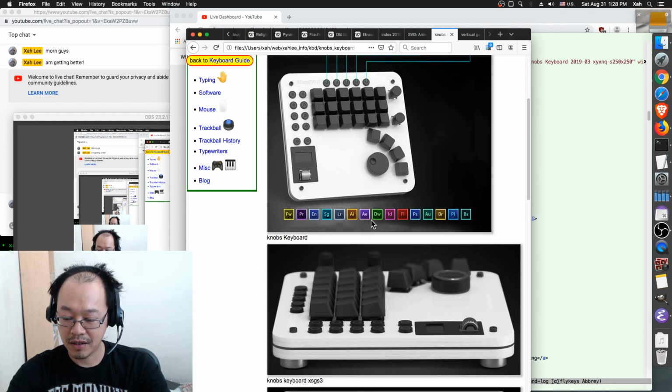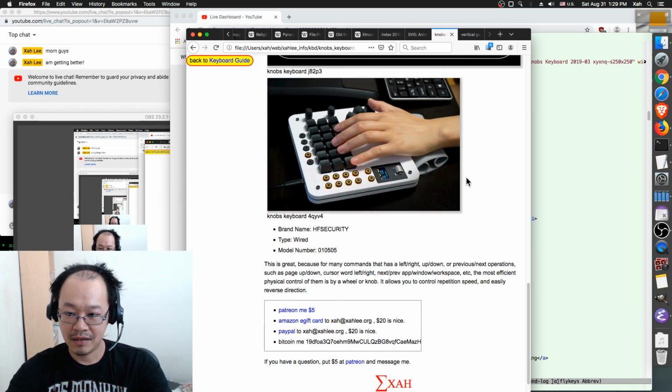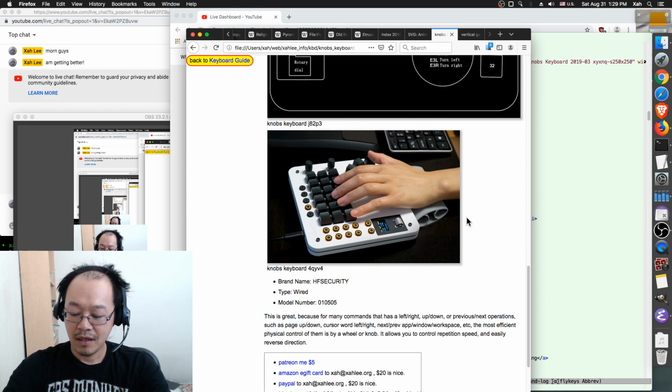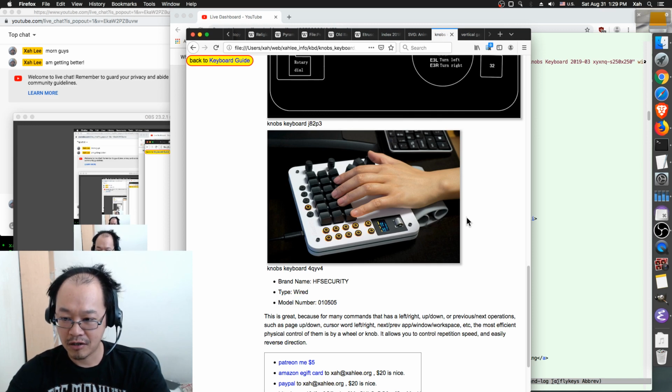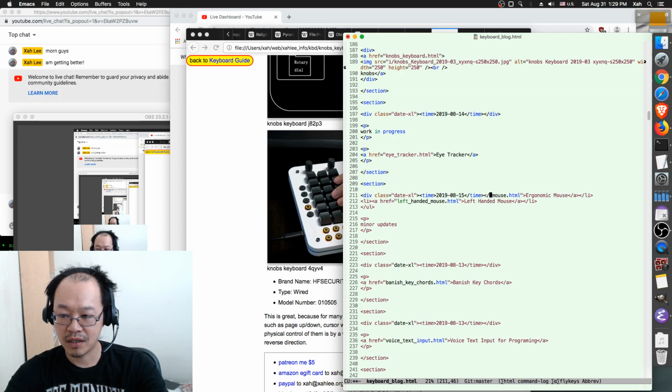Now, what's special about this keyboard is all those knobs and wheels. One, two, three, four. You can see. And I was saying this wheel is the best physical input device for controlling any type of commands that come in pairs, such as previous page, next page, scroll up, scroll down, forward word, backward word, forward char, backward char, delete forward, delete backward,